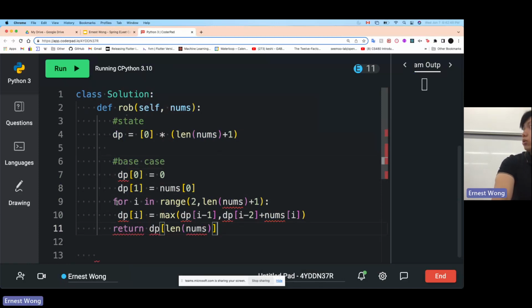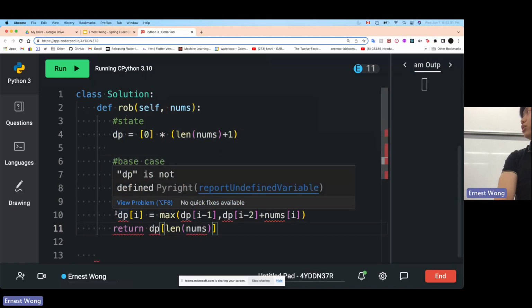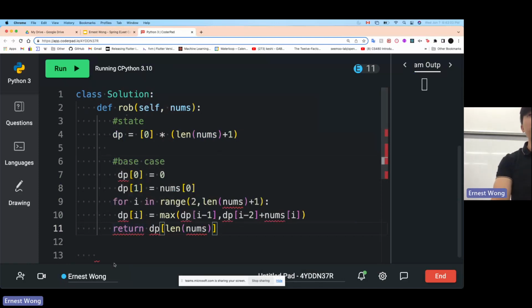On the other hand, a top-down approach is when you use a recursive function. You start from the desired answer you want, and you recurse all the way down to your base case. I would say try to stick with bottom up for most of the things you're doing, unless you've already coded out your brute force solution and you use recursion for that. Then it's easy to add one line to solve it using top down.